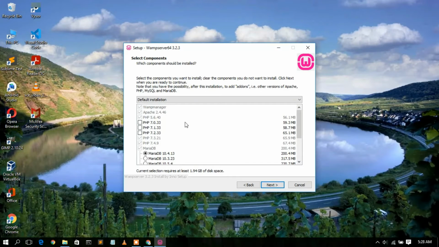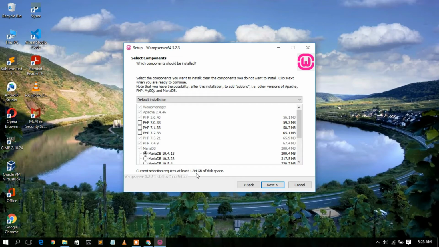They are going to also install this PHP version 5.6, then PHP version 7.3, and also they're going to install this MariaDB so that you can run your PHP file using this WAMP server. And they are also going to install this MySQL and this phpMyAdmin 5.0.2. So simply keep this all default, and it's telling that you need to have 1.94 GB of